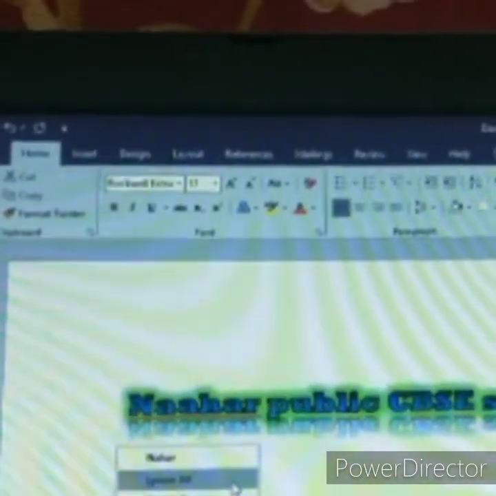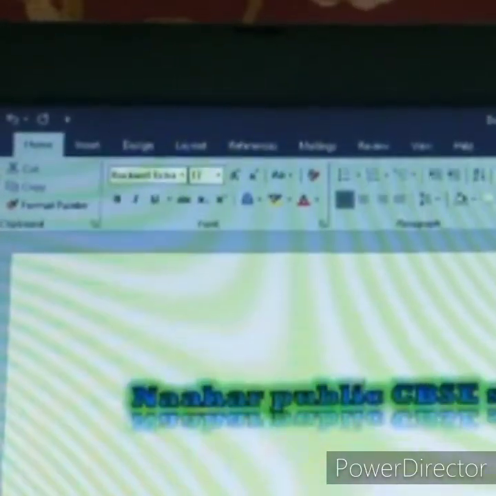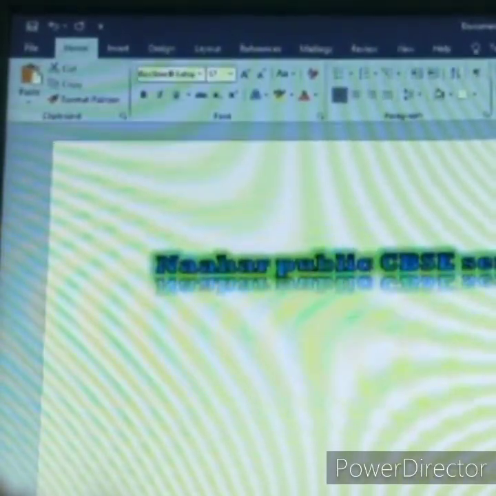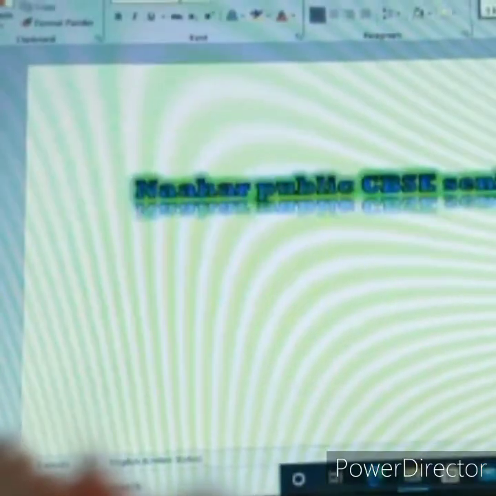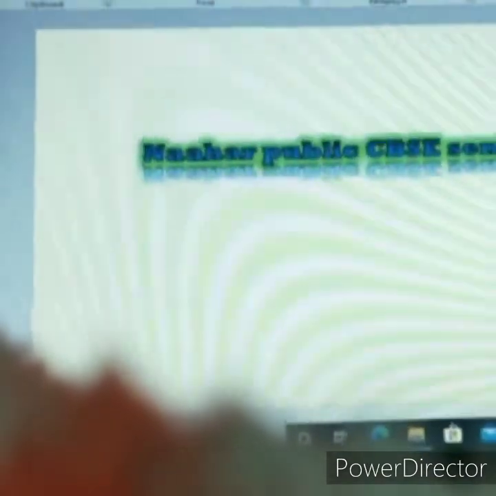So I just gave ignore all. See, now the red line has gone. Have you all understood what I did? I changed my font color and gave an attractive font, and I gave a shade to my letters, a reflection and a glow to my letters, and I gave a color to my letters. Then I changed my letters to uppercase.